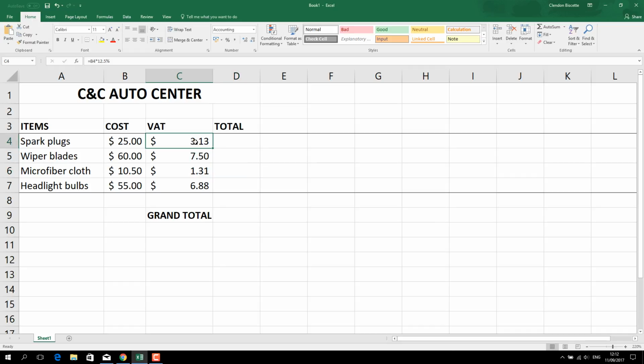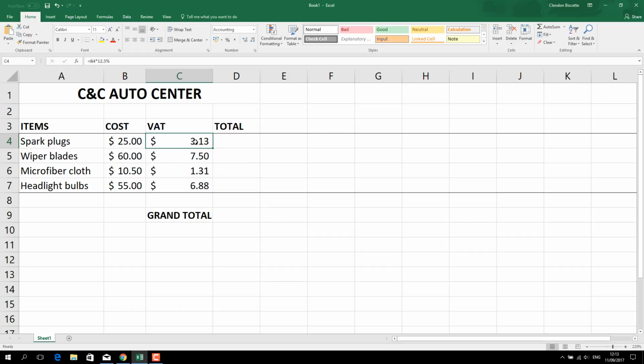On the other hand, there will be a situation, as I indicated, where you will have one particular value that you want to reference, and maybe in that circumstance the value may change from time to time. So say for instance the VAT value, the 12.5%, may not be 12.5% all the time. Maybe in about 6 or 7 months time it may change, or maybe there's a particular measure in place that the VAT amount will change